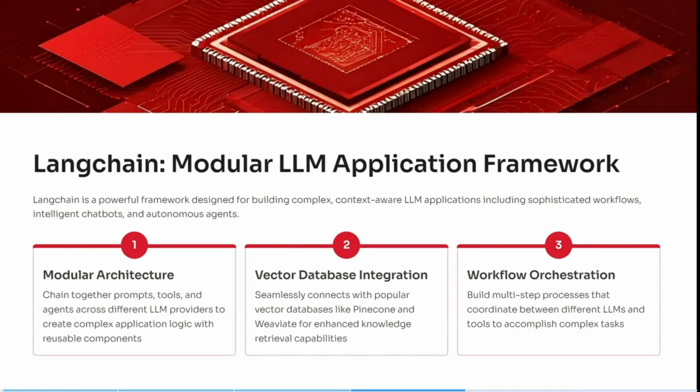Let's have a look at Langchain now. So Langchain actually is a modular LLM application framework. Langchain is very powerful. It's designed for building complex, context-aware LLM applications, including sophisticated workflows, intelligent chatbots, and autonomous agents. So it comes with a modular architecture. So you can chain together prompts, tools, and agents across different LLM providers to create complex application logic with reusable